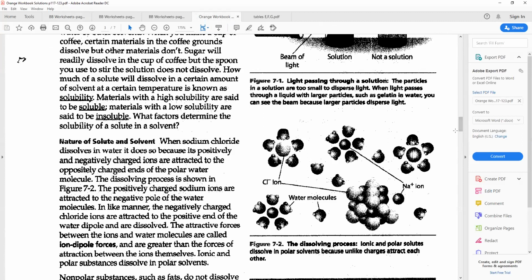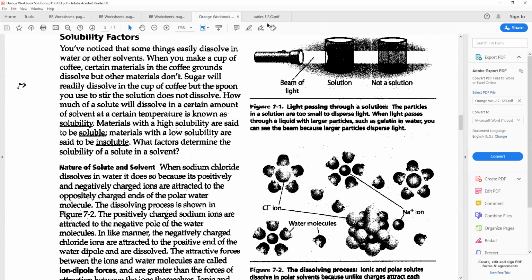Okay, so let's see, let's annotate. Okay, so